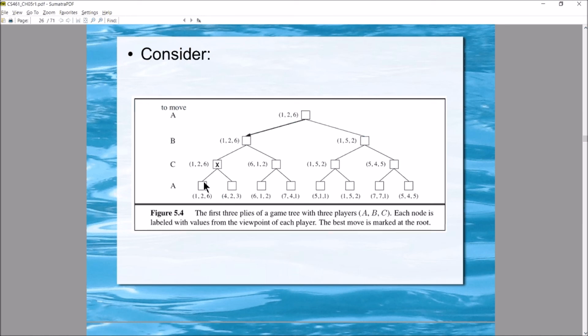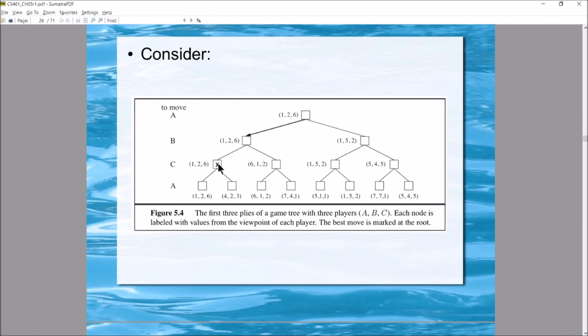From the point of view of A, that particular node represents a value of 1. From the point of view of B, it represents a value of 2. From the point of view of C, it represents a value of 6, and so on. So now, if it's C's turn to move in this tree, or from C's point of view, I should say,